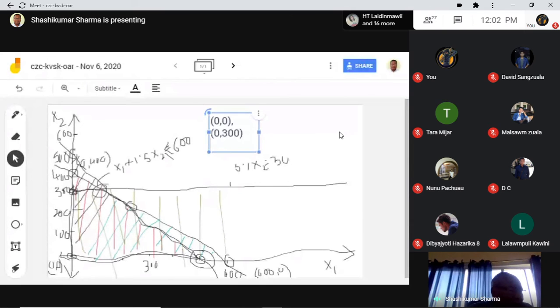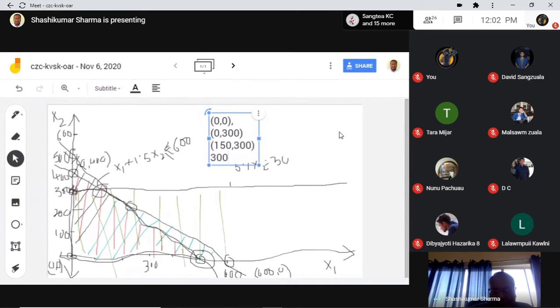The third one is 150 and 300. I'll tell you how it is coming. 150 and 300, and the next one is